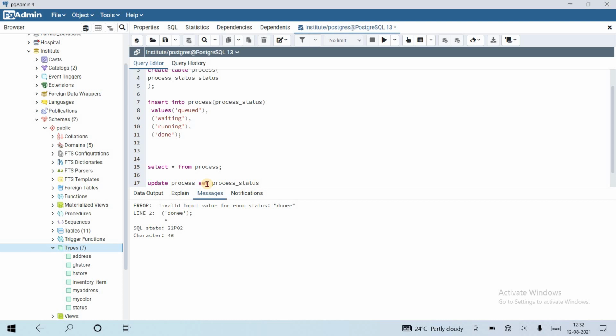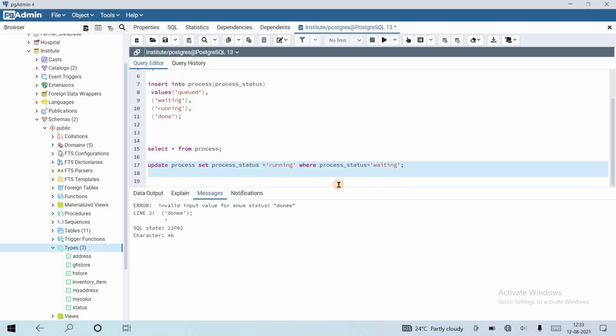Set process status equal to running where process status is equal to waiting, that we want to convert to the running state.